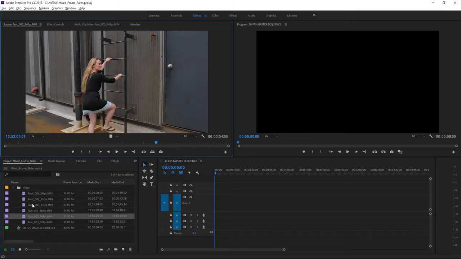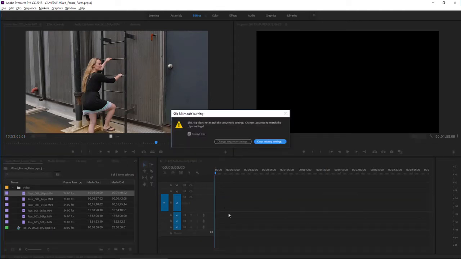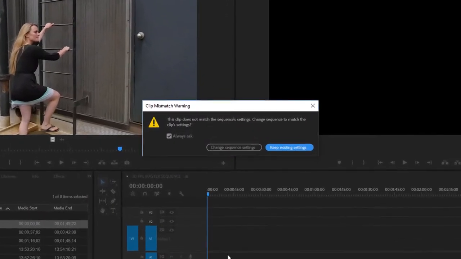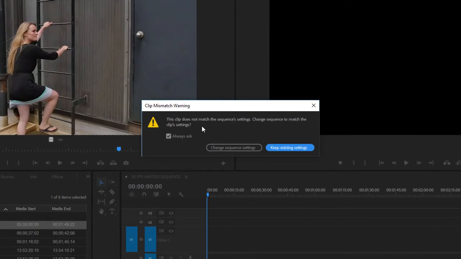Still, I'm going to take one of these 24 frames per second pieces of media and drop it into my sequence. And right away, you see I'm getting this clip mismatch warning. Premiere Pro is letting me know that the clip doesn't match the sequence's settings. You're only going to get this warning once, and it's the first time you add a clip to an existing sequence. I can choose to change the sequence settings to match the clip, but on this occasion, I want to